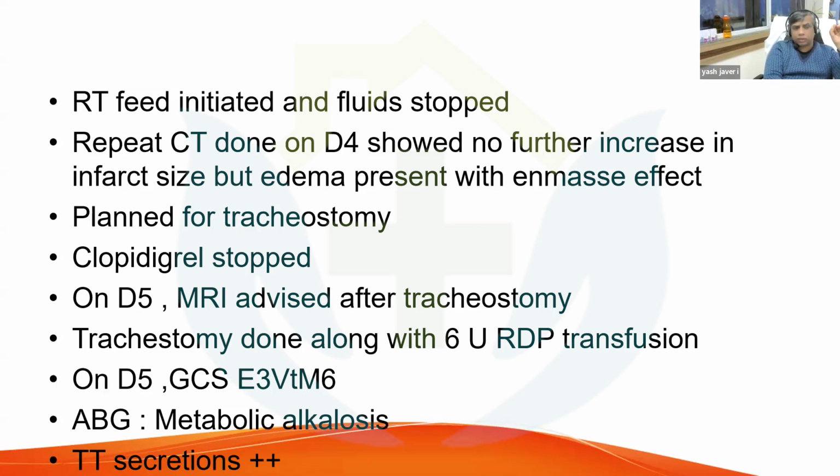Going back to this particular case, what history will you particularly take from the patient and the family regarding the timing of stroke? We'll ask the patient's relative about when he was last seen normal, his previous self without any disabilities. And suppose the history is vague or it's a wake-up stroke, a morning stroke, then how will your priorities change? It is better to go for an MRI to see the DWI-FLAIR mismatch,